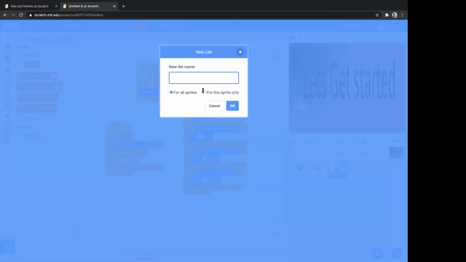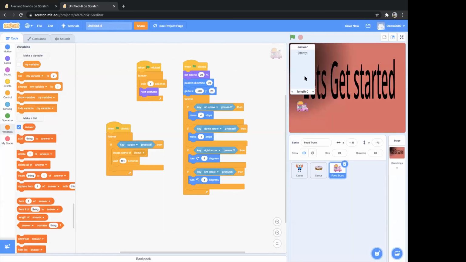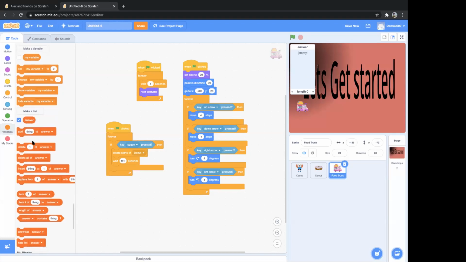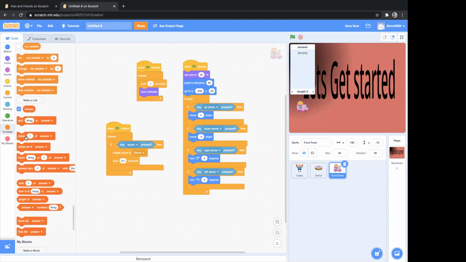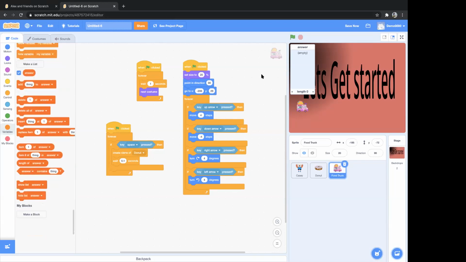See, if you click on make a list, say my list is 'answer' right now. Just create a list here. In the list, I could add answers, add things. I have options to add things to my list, delete it, delete all the answers, insert, replace, and so on. These options are here. So this list can also be used in the Alexa AI project we did in the third section, where you are feeding instructions to the machine.